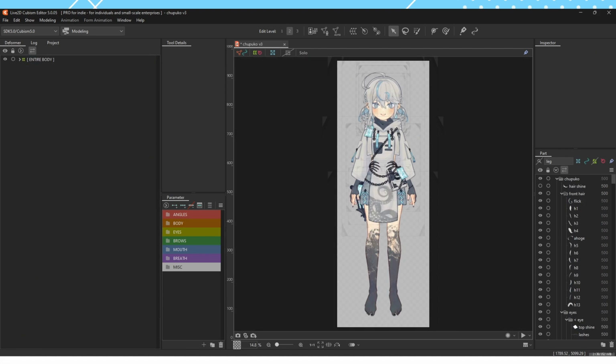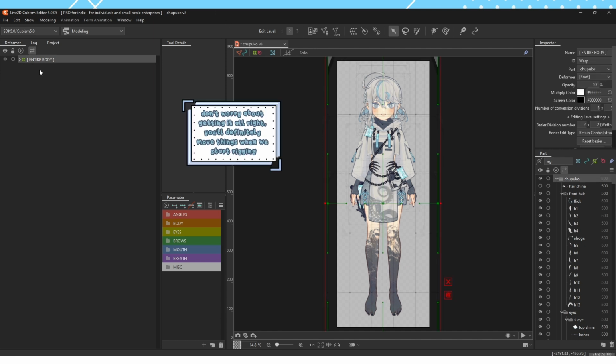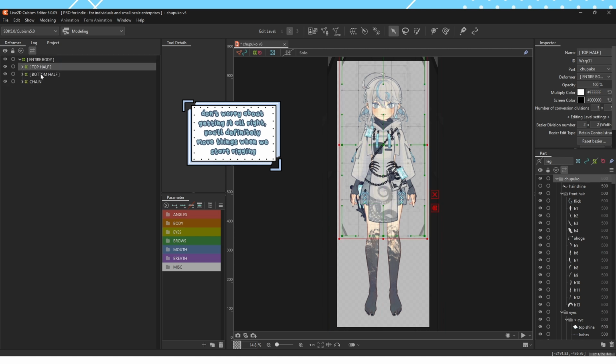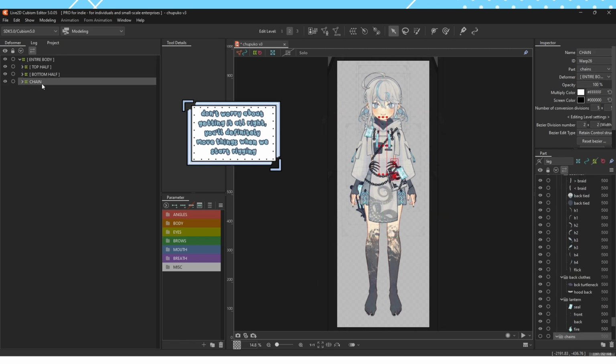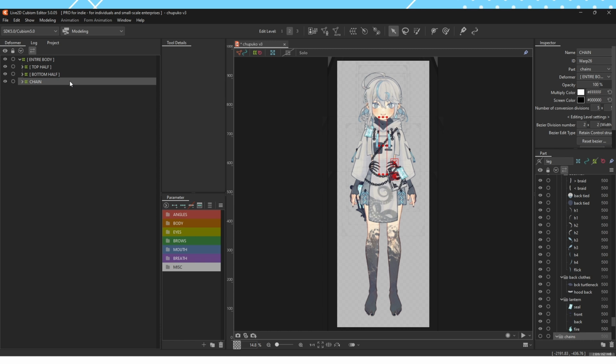Okay, I'm done with a basic organization so I can show you guys my thought process behind everything. First I have the entire body. If we open up the entire body, I have top half, bottom half, and we have a chain, but just ignore that. Now, if you watch other people who use Live2D, they're probably going to talk about parent and